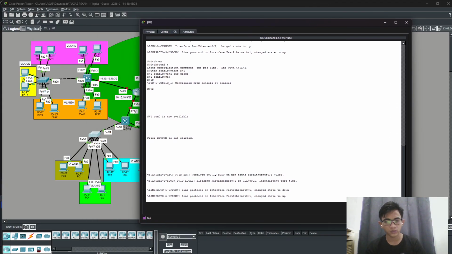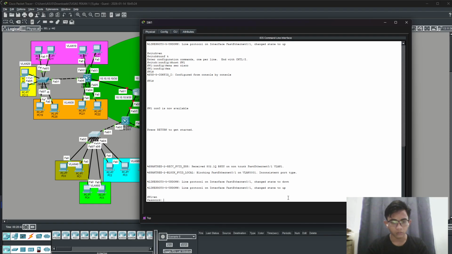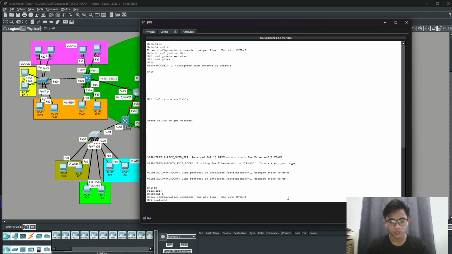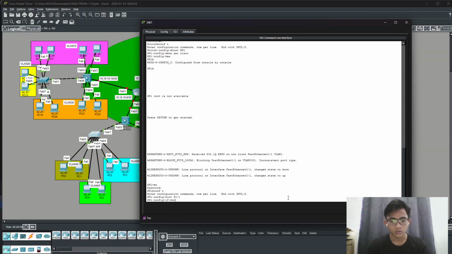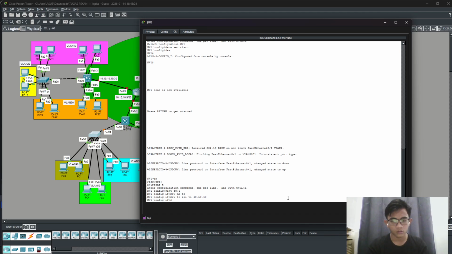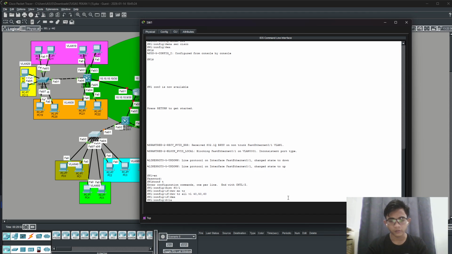Now in the switch, I guess. From the switch we trunk first to the MLS. So enable, Cisco, configure terminal, interface F0/1, switchport mode trunk, switchport trunk allow VLAN 40, 50 and 60. Okay, exit. Now we make the VLANs first.